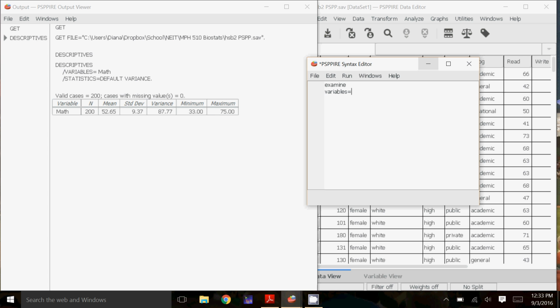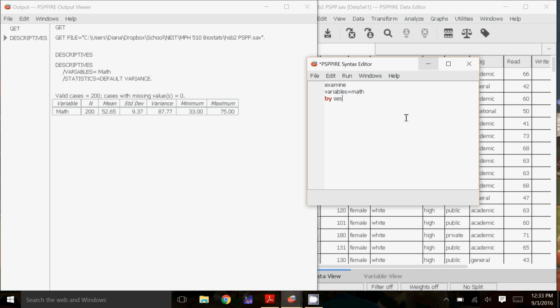So I want the math score. I'm going to click enter, and then I'm going to divide the math score by my socioeconomic status. So I don't need the by factor here, but if I want to separate the math scores by, say, my socioeconomic status, then I'll put this here. If I don't put anything, it will just do the math.